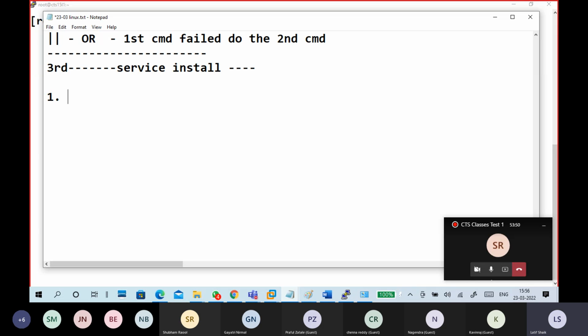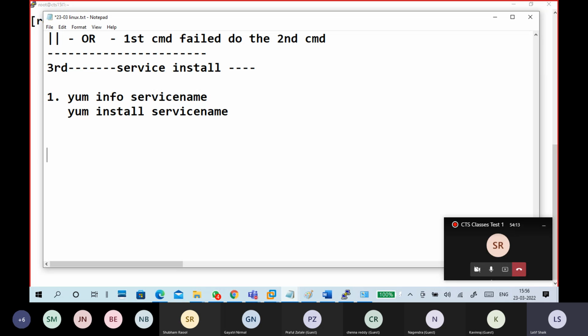Yeah, first one is install the service. yum info service name. Follow these steps, it is quite easy. The first thing is find out yum info service name. Next, yum install service name. You install the service.